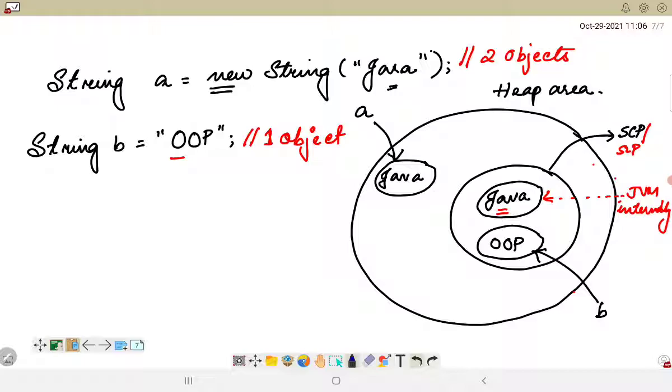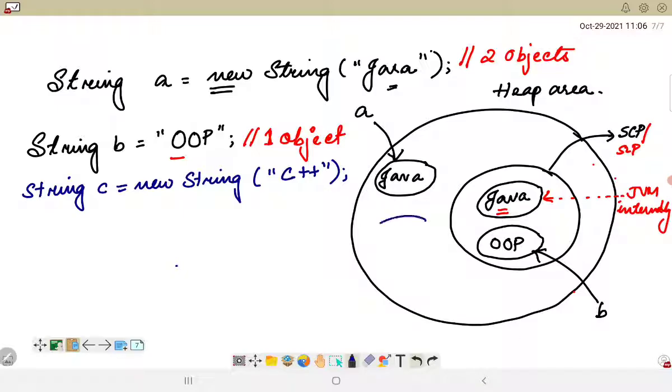Now suppose I try to create another object: String C is equal to new String, say C++. Okay, so this is another literal. Whenever I have this kind of scenario, I will be creating an object in the heap memory as C++, which will be referenced by the C variable.